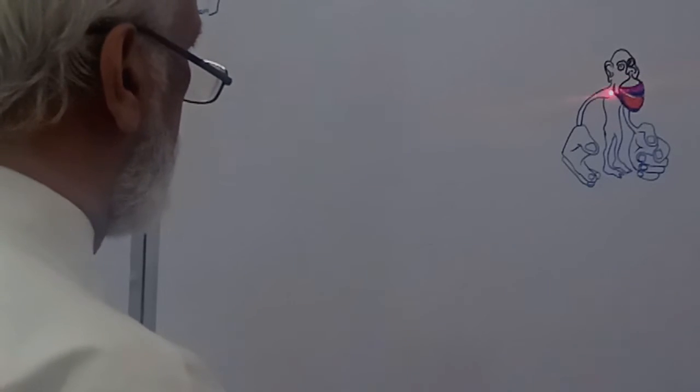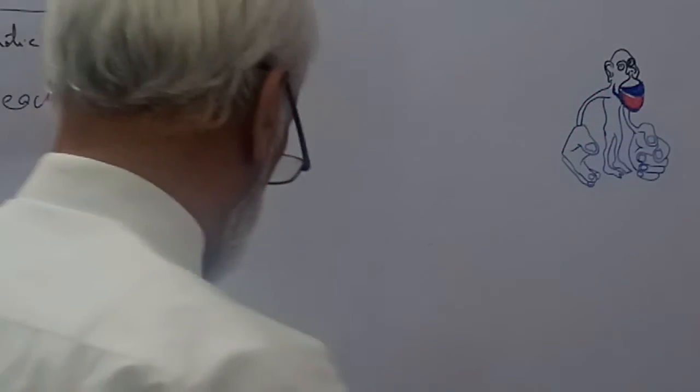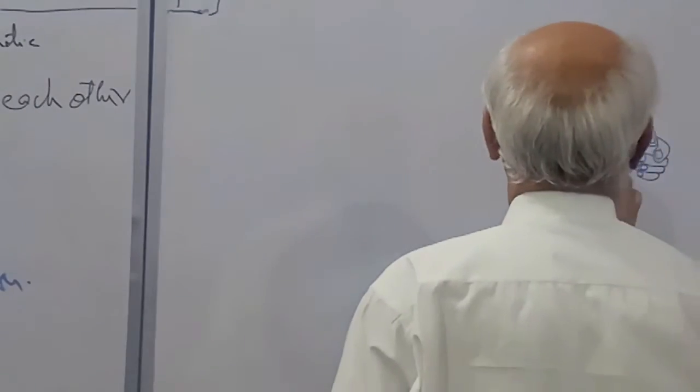Then you can see the hand is more sensitive than the forearm and upper arm. Otherwise, you can see in a normal human being, the forearm and upper arm are larger as compared to the hand. But because the hand, thumb and fingers are more sensitive as compared to the forearm and upper arm, therefore their areas are larger.